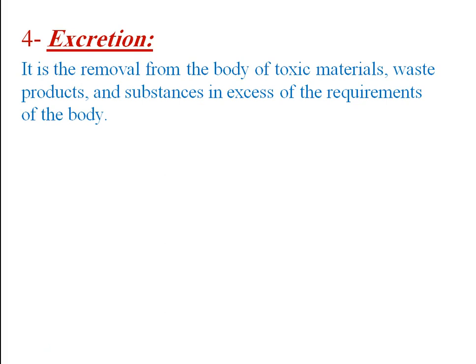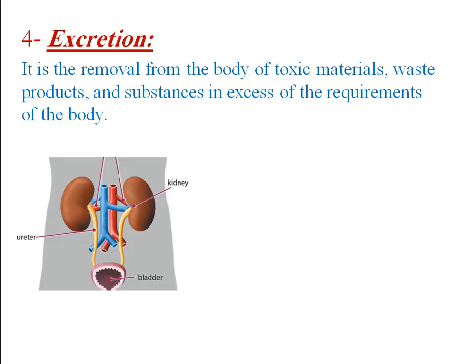We also remove substances that are in excess of the requirements of the body. That means if we take in too much water, the excess water needs to be removed out of the body. So excretion is removal from the body of toxic materials, waste products, and substances in excess of the requirements of the body. In humans, our excretory system is made up of the kidneys and the ureter and the bladder. So all of this make up our excretory system or our urinary system. And this removes the excess water, the excess salts, and toxic substances like urea that is removed in the form